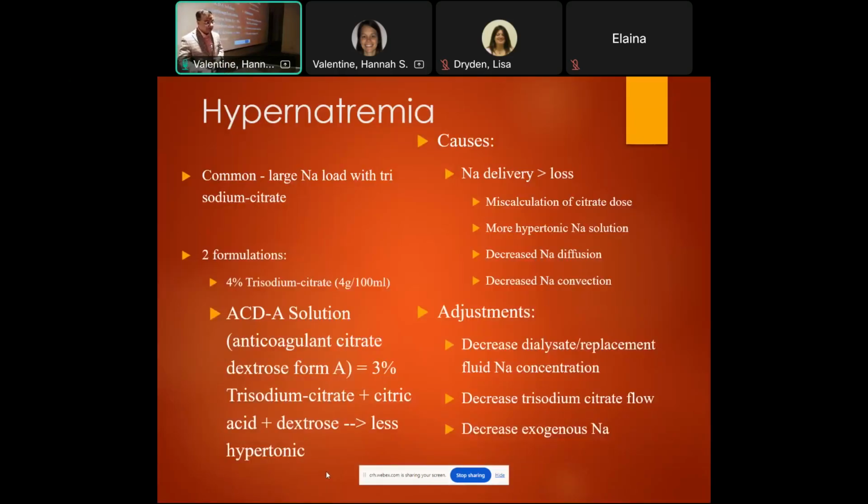Okay, so we talked about hypernatremia. And again, sometimes it's important to see what drips are running on the patients. If somebody is getting sodium chloride 0.9%, a liter is like 9 grams of sodium. If somebody is getting pushes of bicarb for whatever reason, that is not 0.9%, that's 8.4%. So that's almost like 10 times as potent as a saline bag. Okay, so those things are important when we are talking about hypernatremia, because the concentration is quite high,